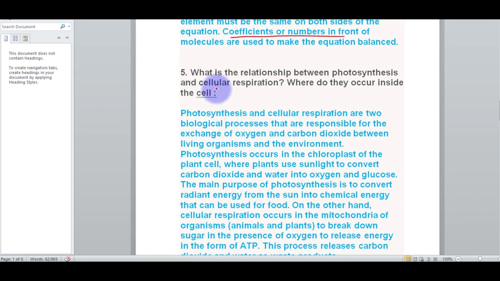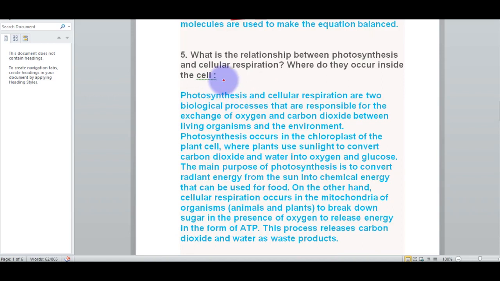Where do they occur inside the cell? So we have to give an explanation of this. What is the relationship between these two, photosynthesis and cellular respiration, and where do they actually occur? To explain this, photosynthesis